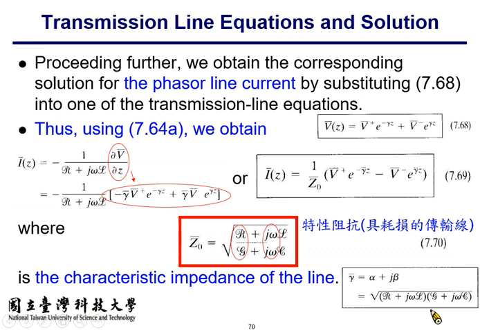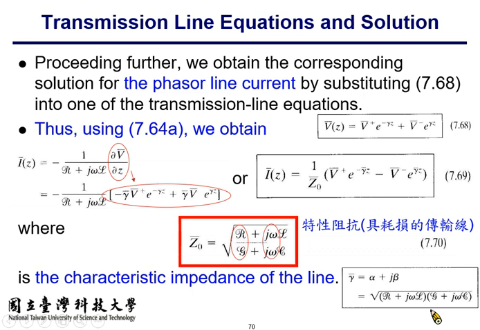So things are getting very complicated, right? The expression becomes much more complicated. What is the significance of the presence of R and G? If there is no R and G, if there is no loss, if there is no resistance in the conductor, if there are no conducting currents in the dielectric, then R goes to 0, G goes to 0, and the characteristic impedance will be the ratio of j omega L divided by j omega C. The j omega part cancels, so it's simply the square root of L over C. So that's what we have for